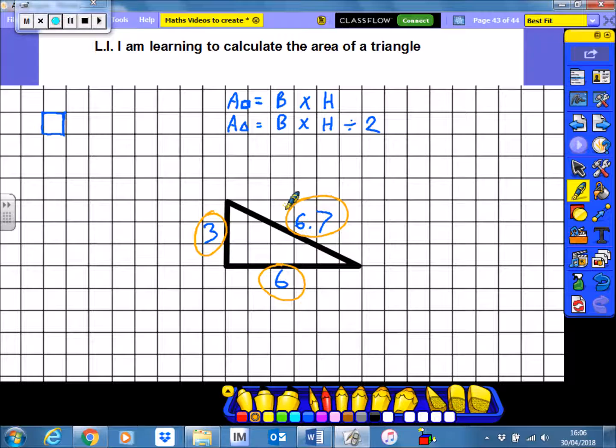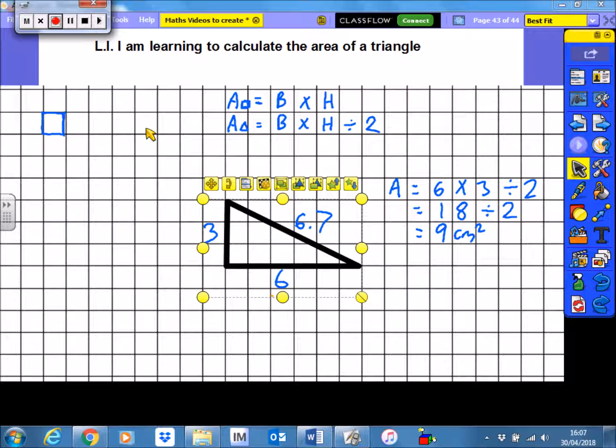Now when the triangle's at this angle, it's quite obvious. We should be able to see that the base here would be 6 and the height would be here, which is 3. So the area then would be 6 times 3 divided by 2, which is 18 divided by 2, which is 9 square centimetres. However,